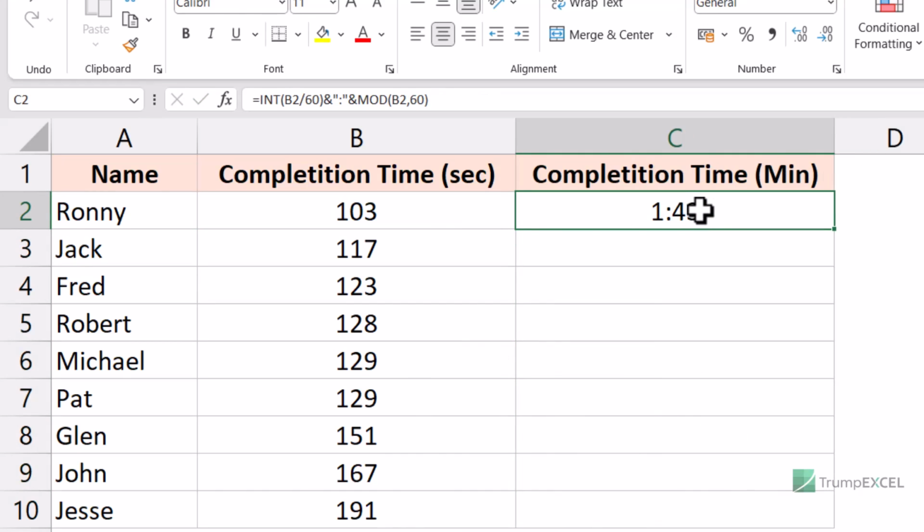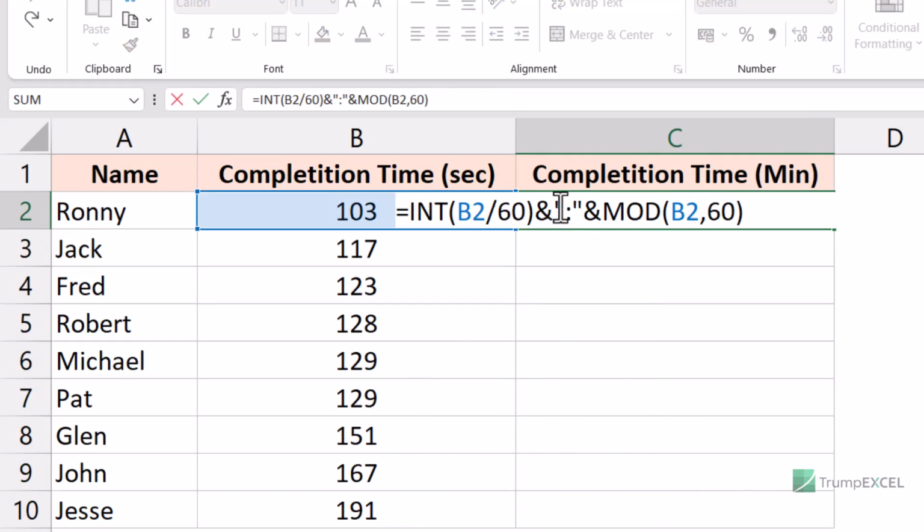But what this formula also allows me to do is I can add something more meaningful, a text here, because now in this formula, I have added a text portion here. So this has actually become a text string. So let me change this formula a little bit. I would come here, let me remove this and start this from scratch. So what I'm going to do is say these many minutes and these many seconds in text. So this is going to give me the total number of completed minutes. And then I would say